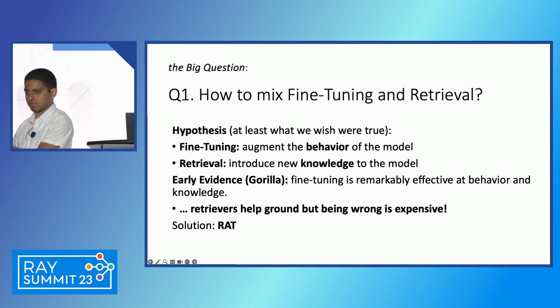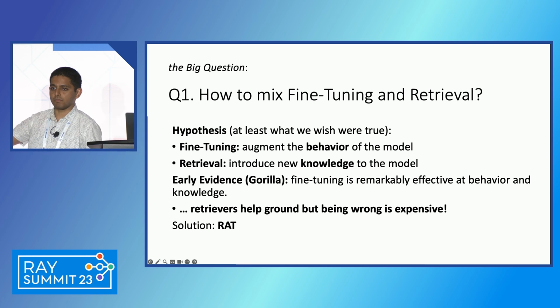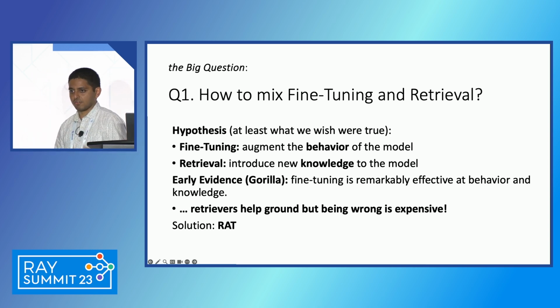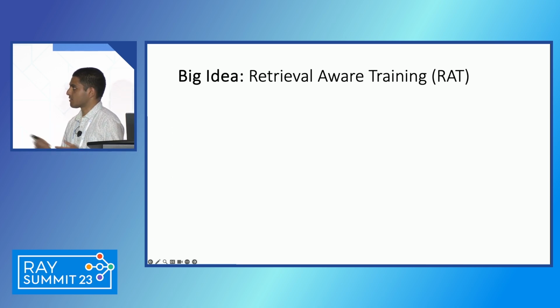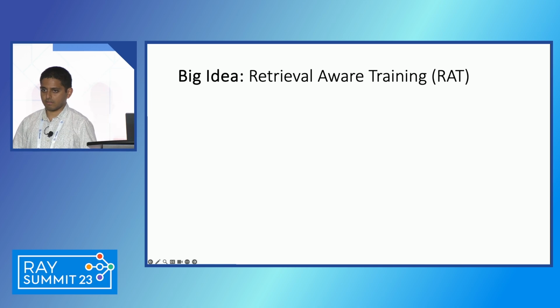It's your re-ranking that makes it better, but you can never be too good at building a retriever. If you were to build a retriever that's 99% accurate over billion scale, then you basically built the next Google, right? So retrievers are bad, so then how do you solve it? Now, to answer this, what we came up with is this solution called Retrieval-Aware Training, right? So the key takeaway is pretty simple.